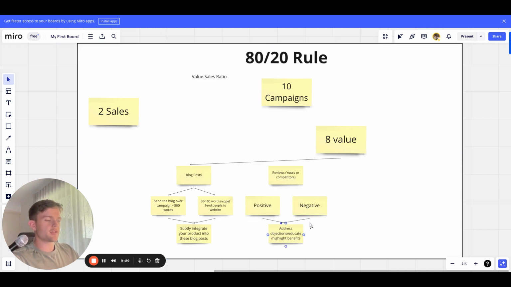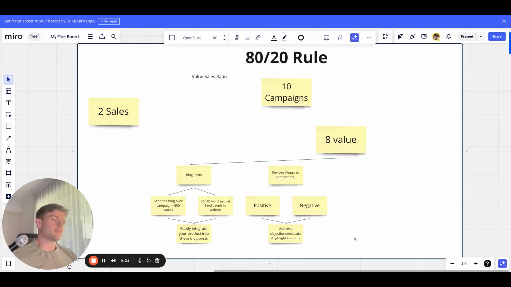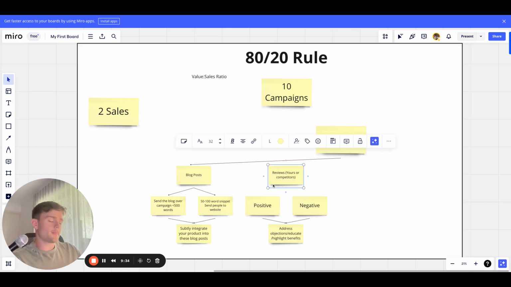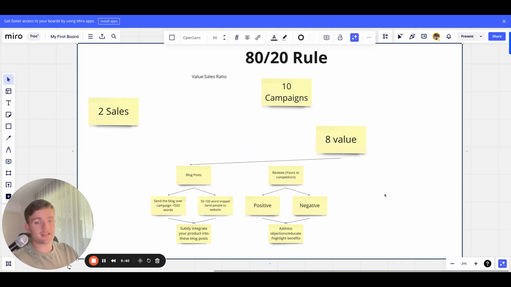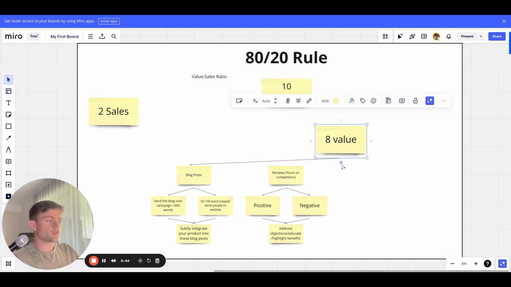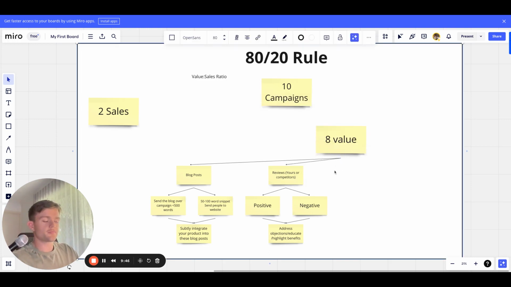So for example, if you're selling a sleeping tablet and someone in the reviews is saying, oh, I was remembering my dreams for the first time in 50 years, and you've seen 3 different people say that, well, that's going to be a great angle to play. You don't necessarily want to just find the most glorious reviews of your product and use that. You want to find the reviews that are the most common, that most people are resonating with,